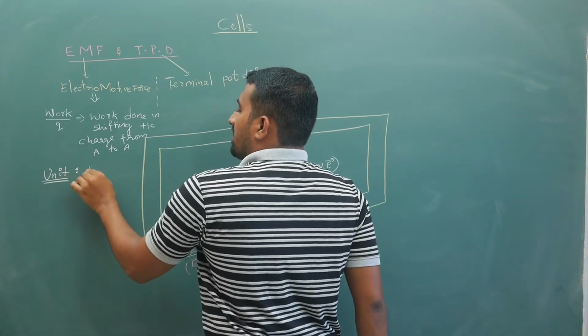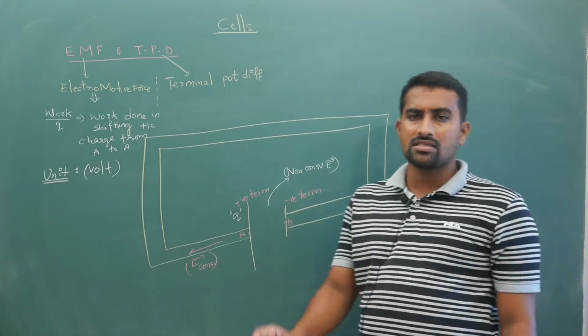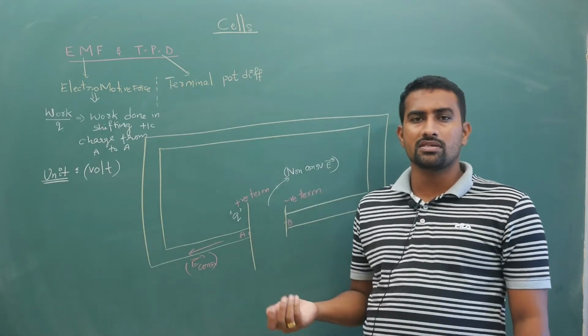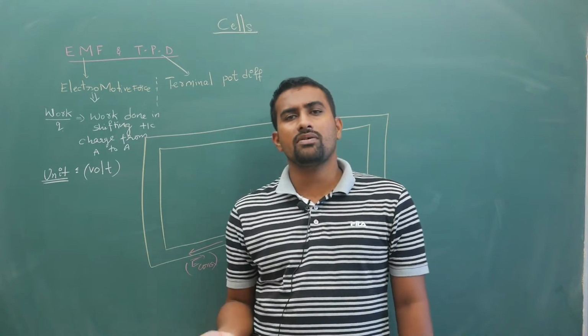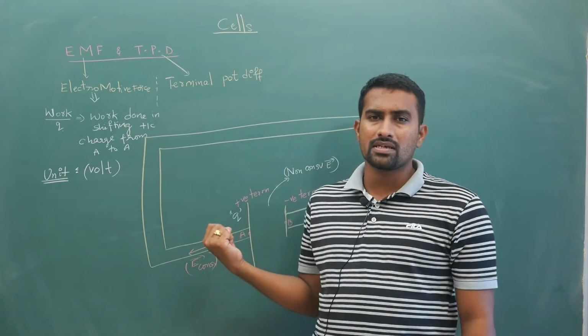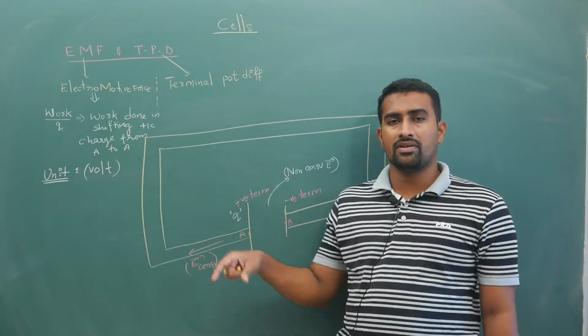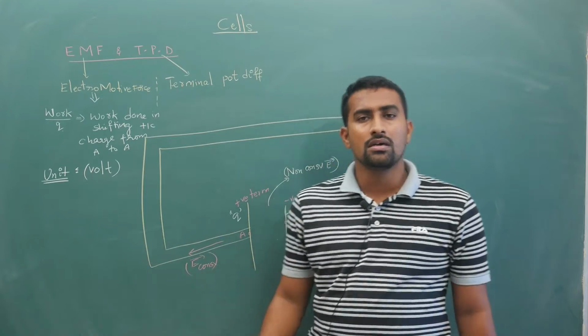Okay, so it is work done per unit charge. We have written work done in shifting a charge is charge times potential difference between the 2 points. That formula is valid only when you have a conservative electric field. Here, do you have a conservative electric field? Yes, but only outside. Inside of the battery you don't have. In a closed path here, work done is not 0.